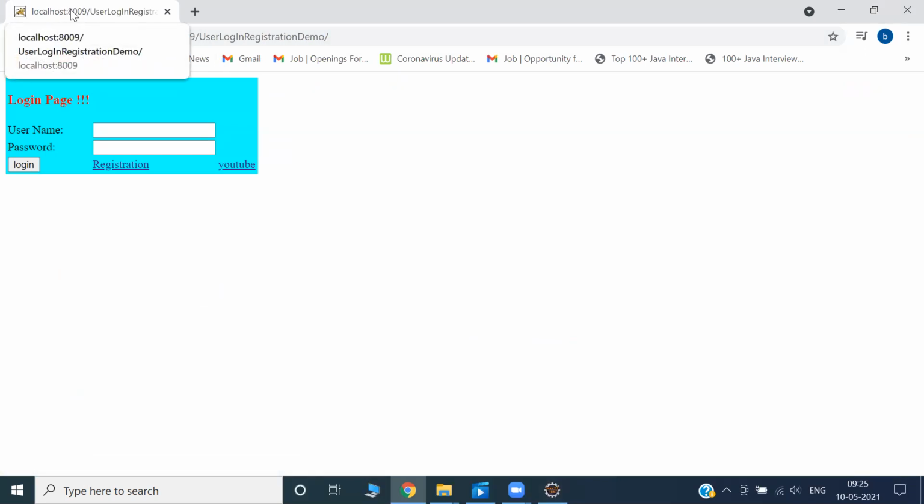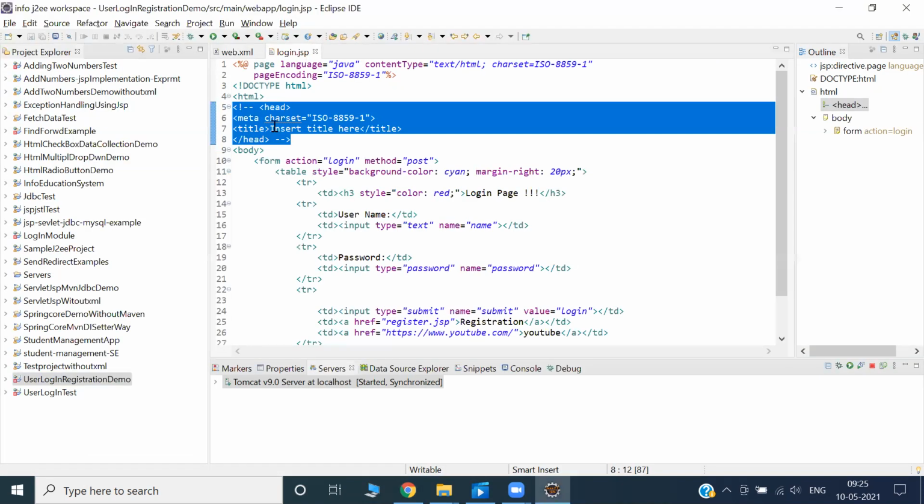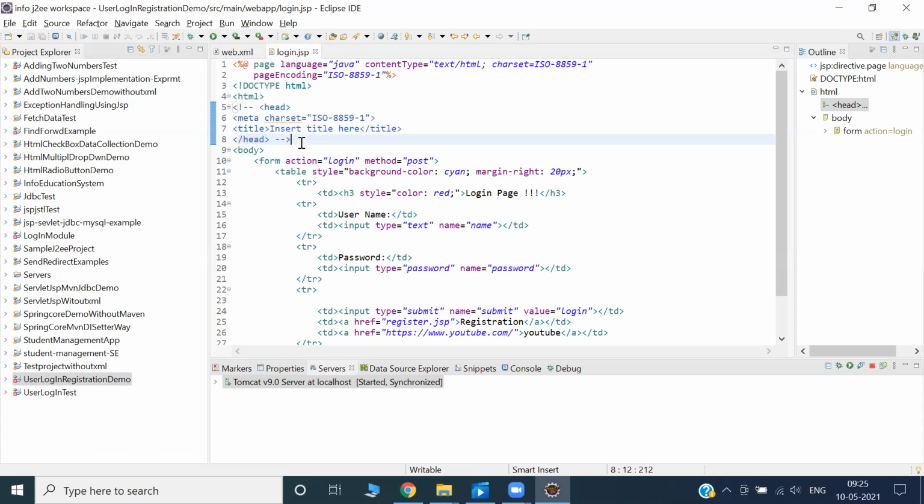You directly see the URL. But if you give the header, you can get some message, insert title here or something, right? I removed that. That is your choice, you'll keep it or won't keep it.